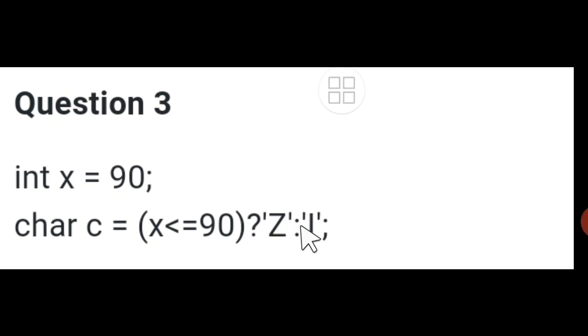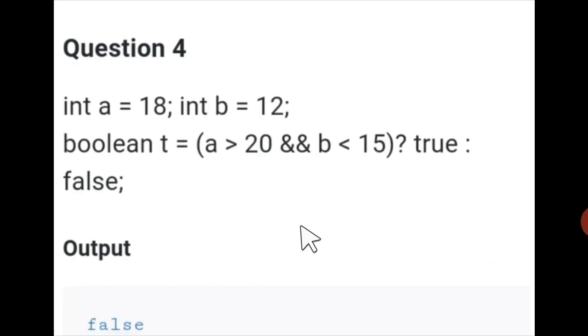Okay. After that we go to question number 4. Here you can see, students, int A equal to 18, int B equal to 12. So we come to this expression here, A greater than 20, and you can see a logical operator and has been used, and they say B less than 15. So that means when we evaluate this expression here, both the sides must be true.